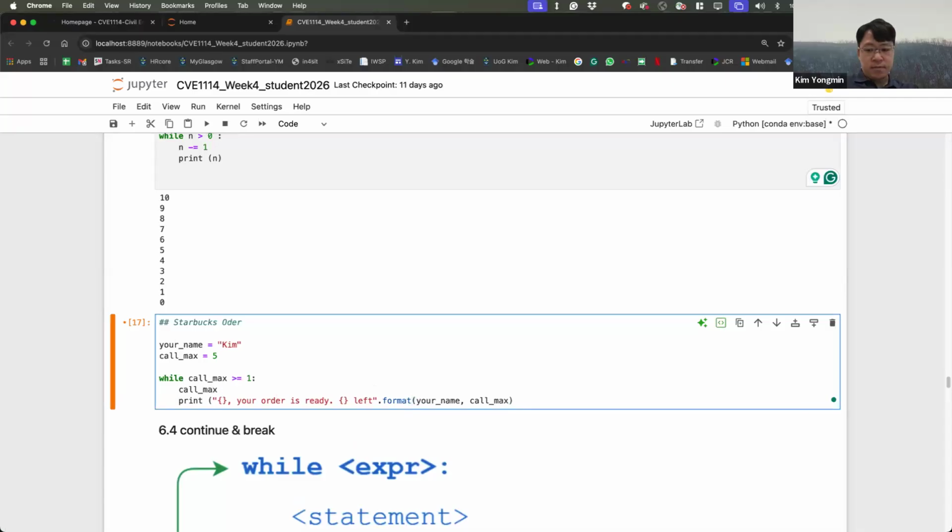Call max decreases by minus 1 every time, just one time.